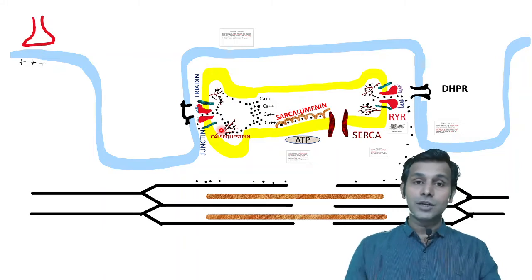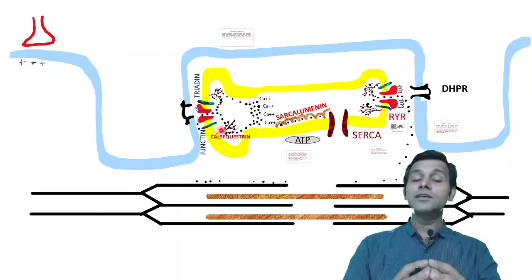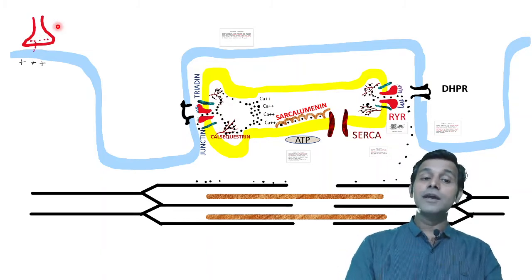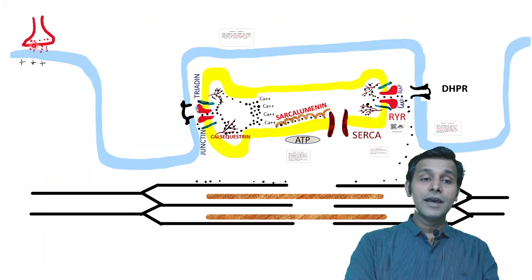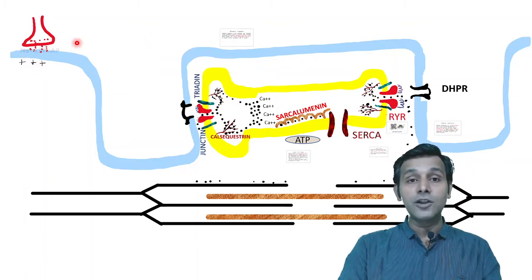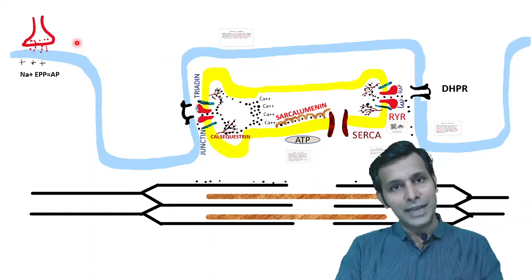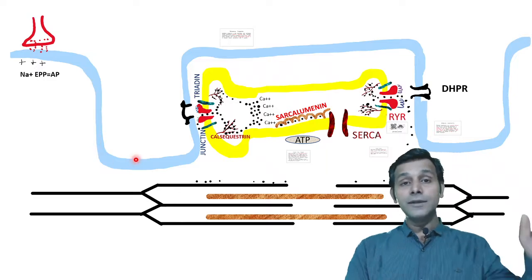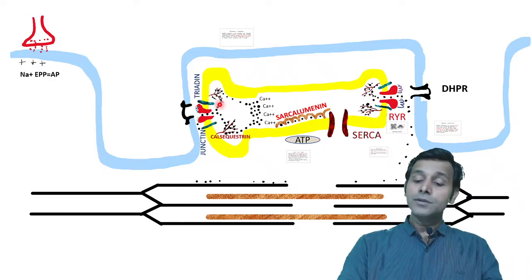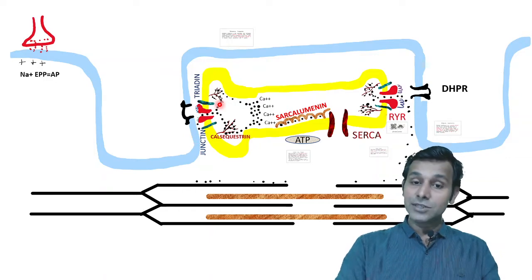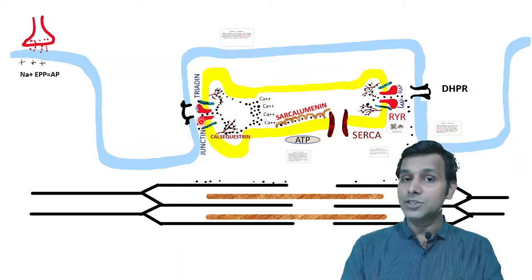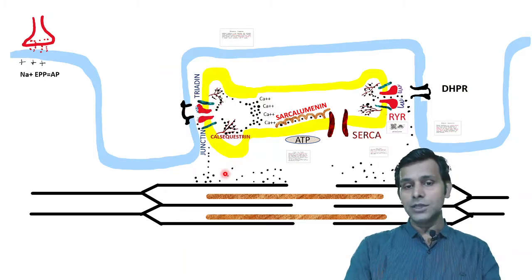Since we know all these structural proteins, let us try to understand how the EC coupling is sequenced. In short, we have the neuromuscular junction, which releases acetylcholine as a neurotransmitter, which binds onto the muscle membrane, causes entry of sodium ions, which causes development of EPP, which finally generates an action potential. The action potential travels all the way from the sarcolemma into the T tubules. This action potential activates DHPR. Once DHPR is activated, the RYR opens the calcium channels and calcium is released into the myoplasm.